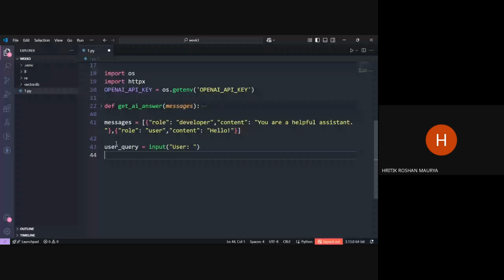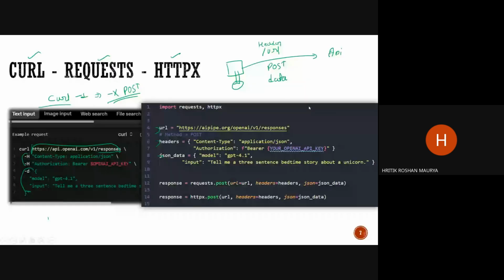The first part. Then while user query, I want that user wants to chat. So while the user query is not equal to exit, if user types exit, then that will exit. Got it? And then what will we do? Okay. So before going back,